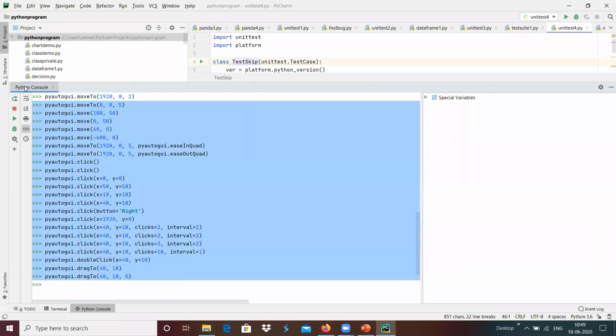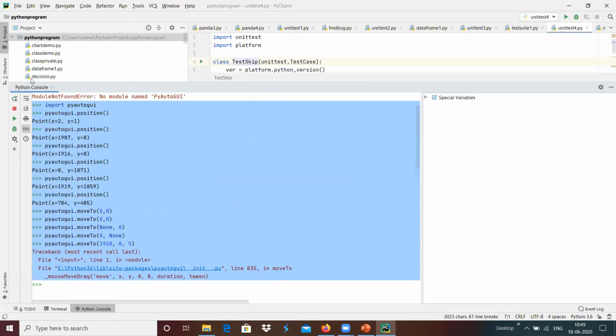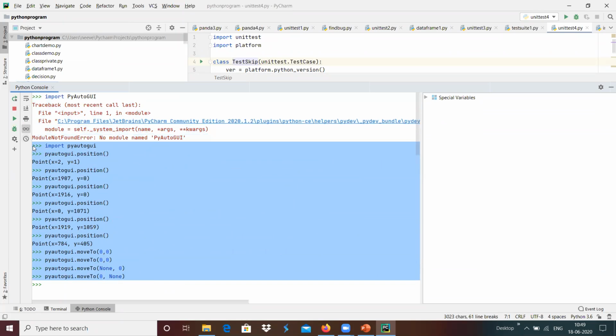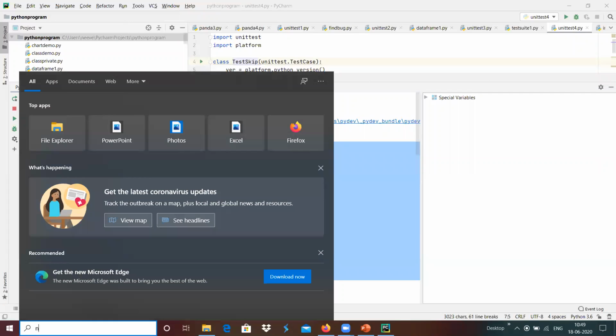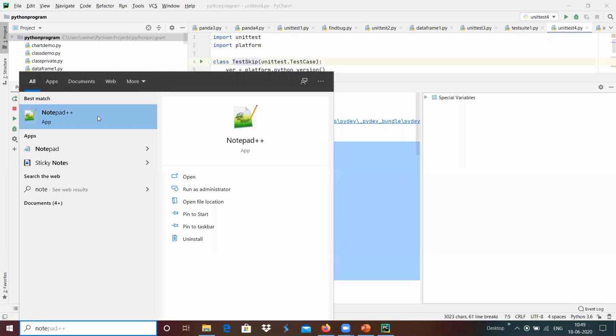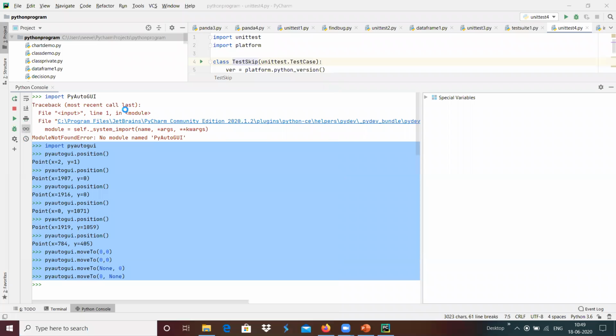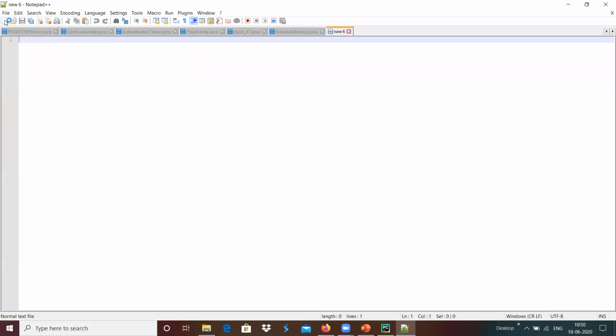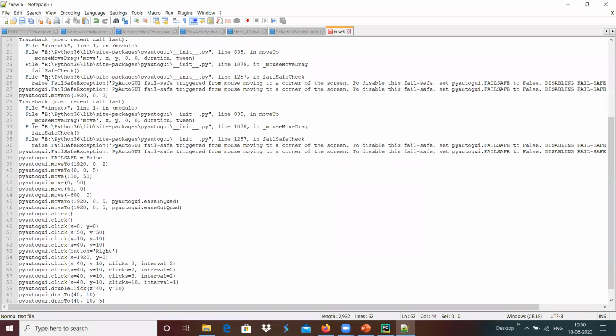Before I close this, I will copy it and paste it in the notepad so that it may be useful.